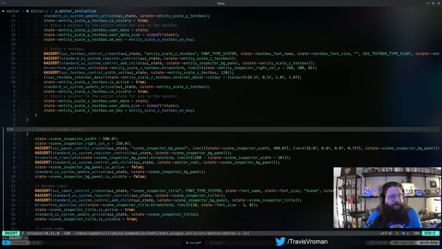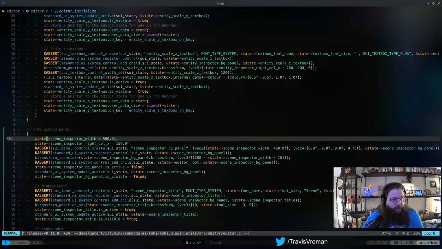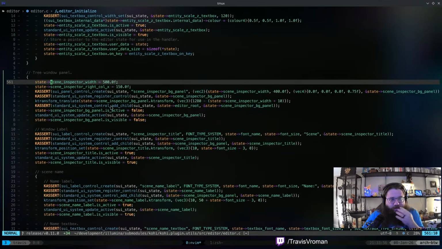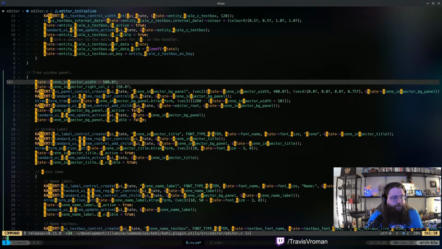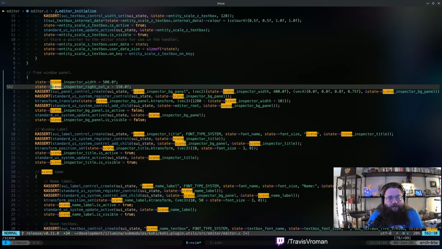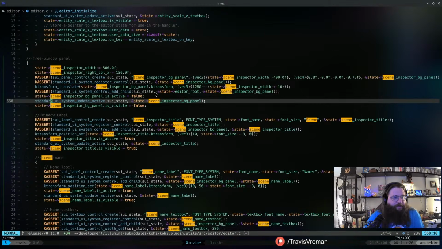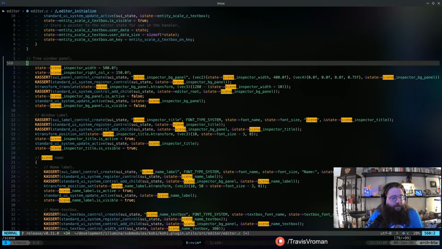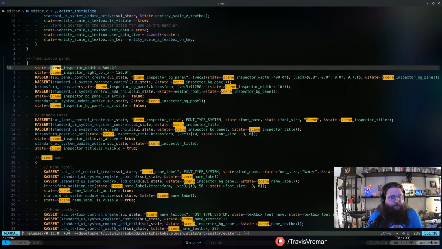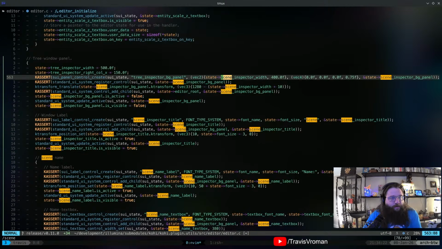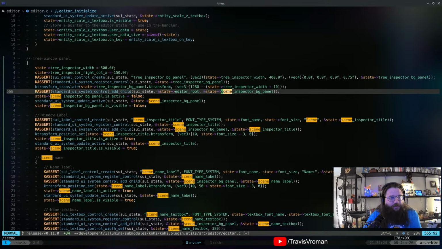So I'm going to call this the tree window panel. I don't want to do a global find and replace, but what I can do is just do that, and it should just work all the way down.